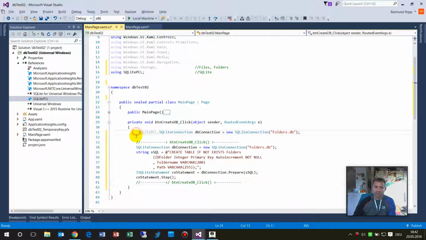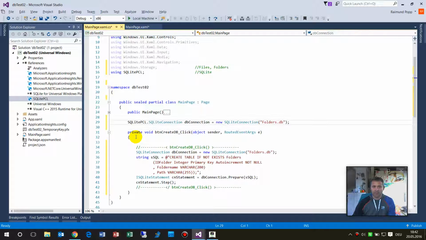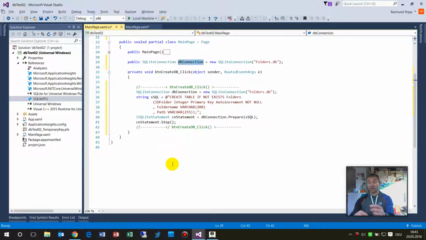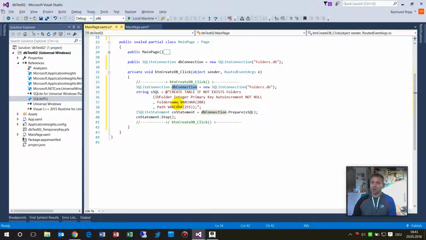This is my real code, and I take this is a public object, SQLite the database connection string. Keep it public when we have further work to do. So what we do when we push on this button, we say, okay, create a new connection of this folder, and then give me a string,